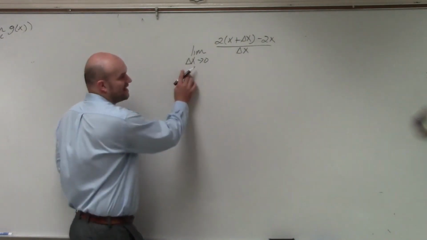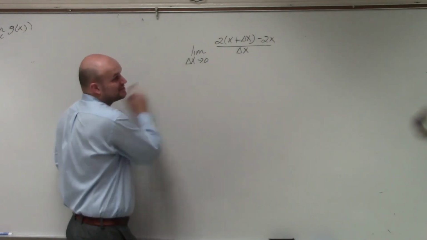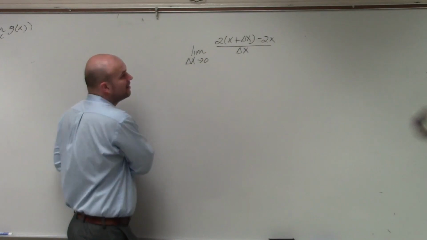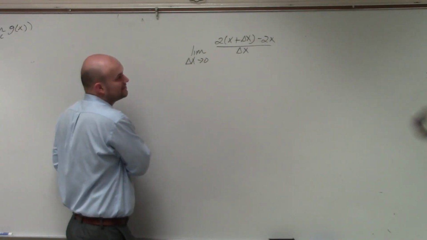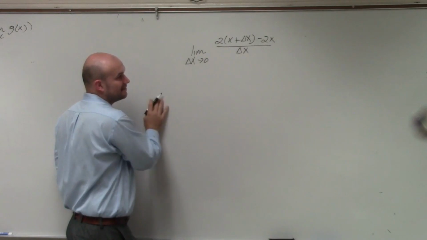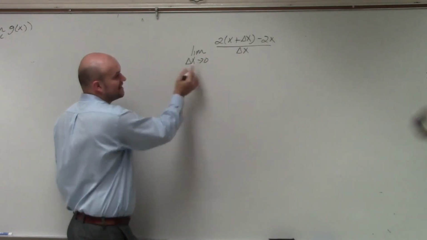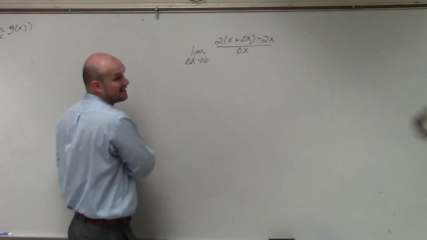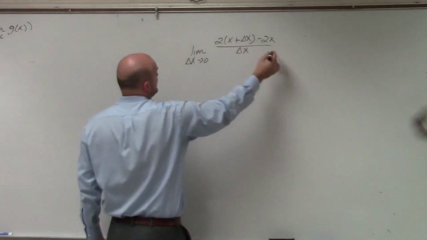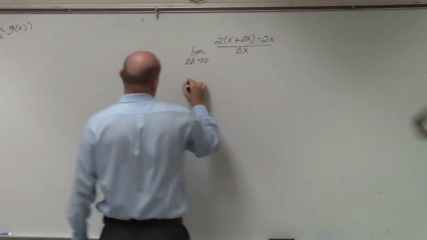Well, they're treating delta x as just any kind of variable. You could use y if you wanted to, or z, or a Greek letter. It's just representing a different variable. So the main important thing is I understand that direct substitution is not going to work, but if I apply my operation,